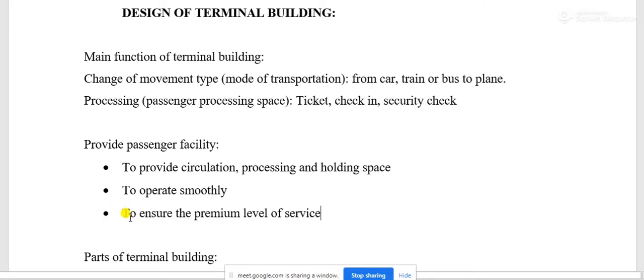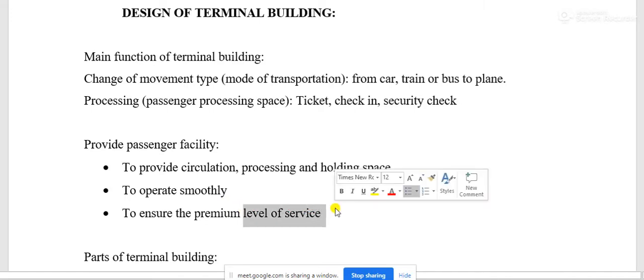In case of emergency, ordinary people like us may use the airport, but in the case of business lounges or executive lounges, this level of service is a luxury requirement for a single passenger using the airport.